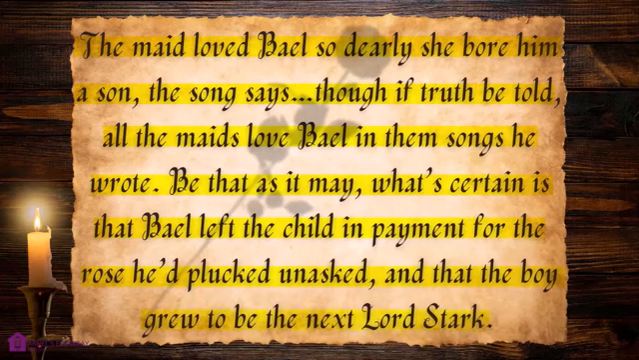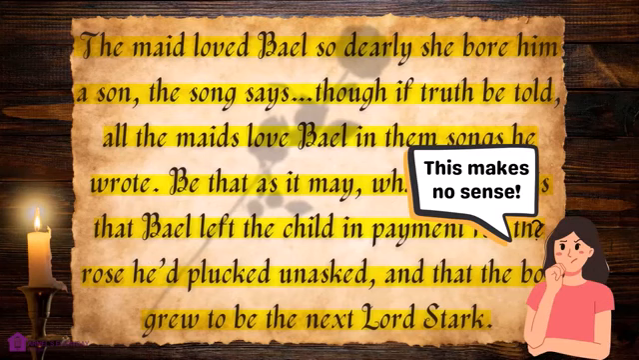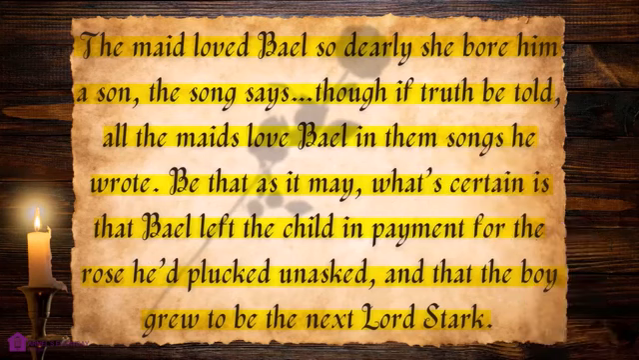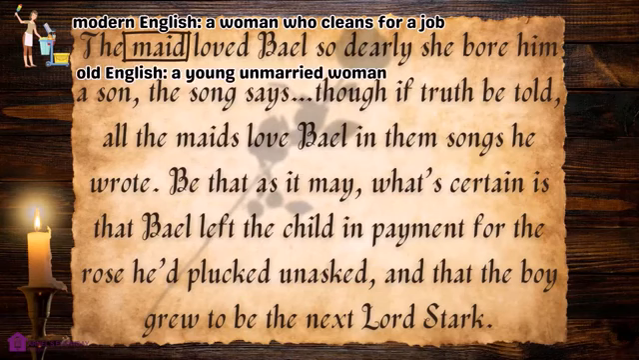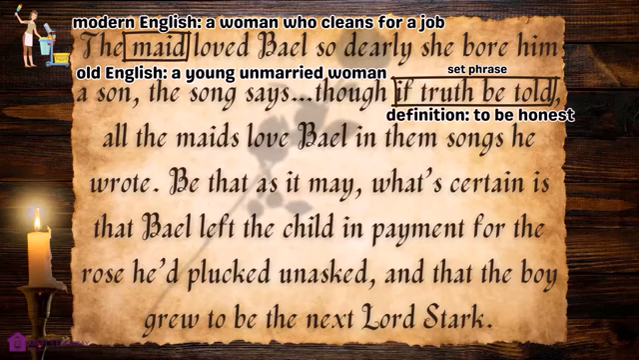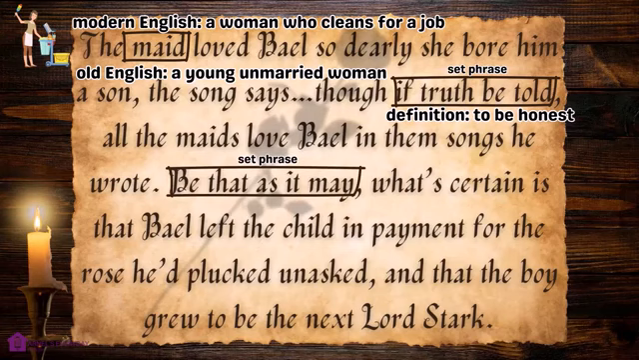Okay, if you're thinking, this makes no sense. Yeah, this isn't typical modern English. Nowadays, when we say maid, we think of a woman who cleans for a job. But in Old English, a maid is a young, unmarried woman. So this woman loved Baal so much, she bore him a son. If truth be told. In modern informal English, we would just say, to be honest. Be that as it may means I can accept A is true, but